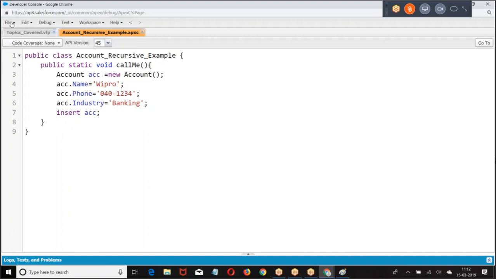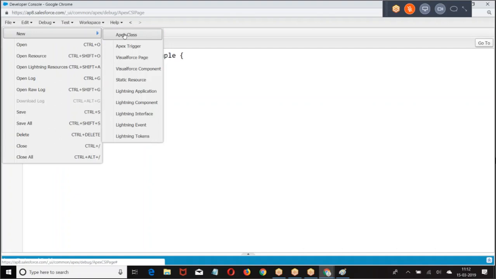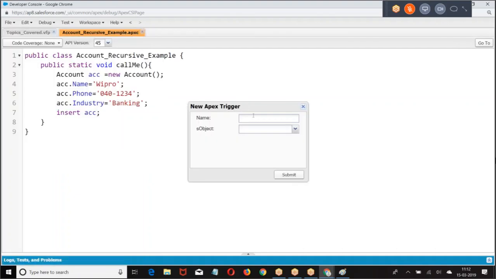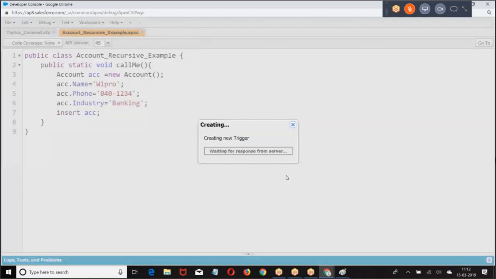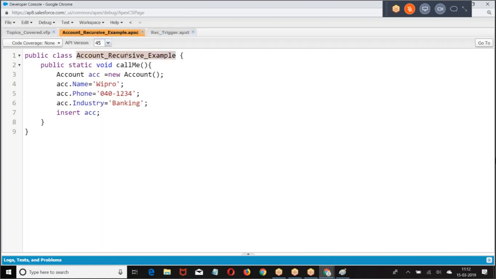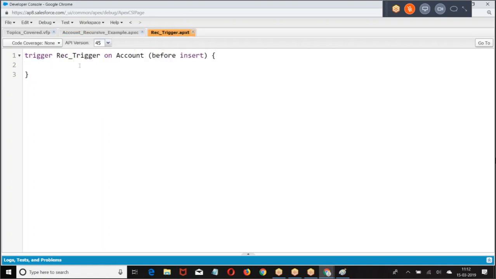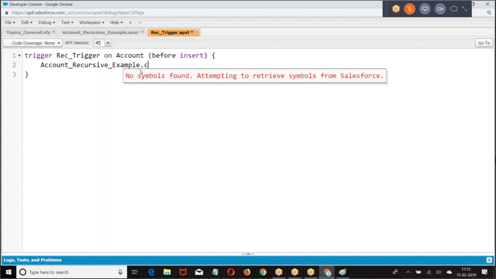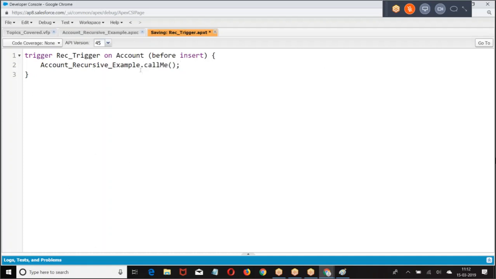Okay. Look at the format. Within the trigger, I'm calling this method. So, when is this trigger called?